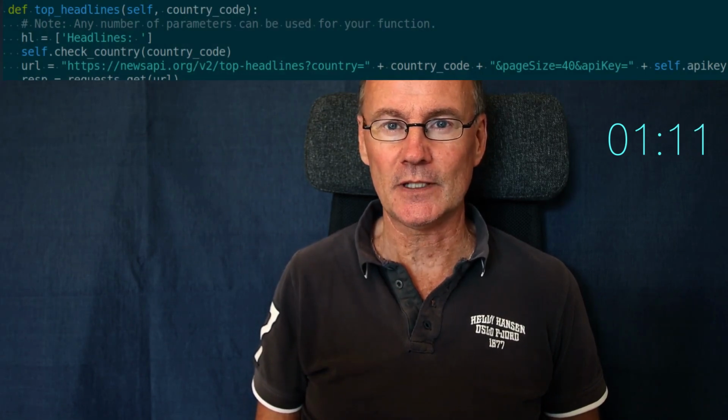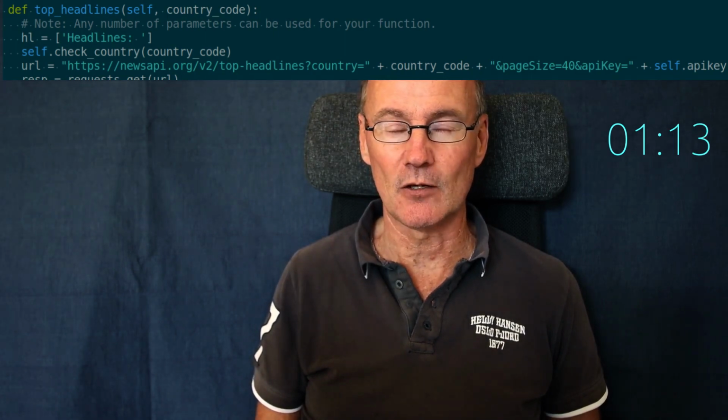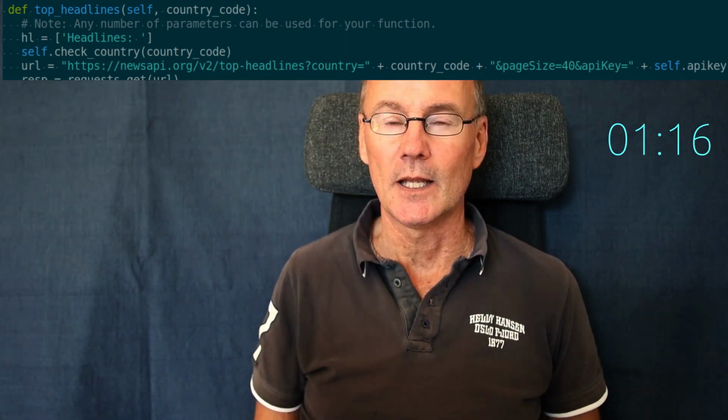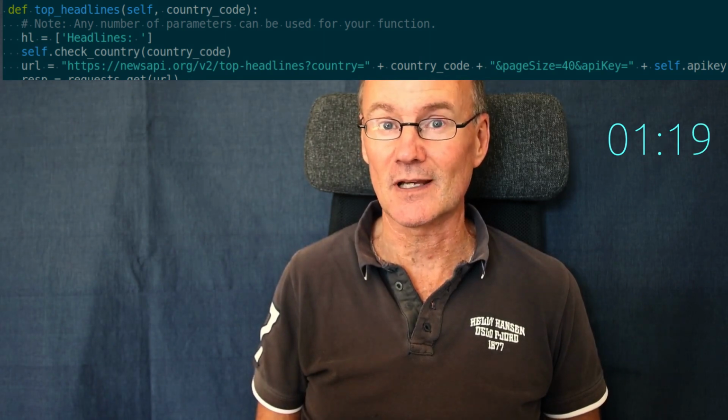I also recommend keeping your API key in a separate file called .env, and this is to keep them private. I enter in a function who reads it from this file when initiating the object, and after that it is internally available to the object as self.api key. Then we define the URL for the GET request. We concatenate a string using the base URL of newsapi.org. Then we add some parameters to this GET call.